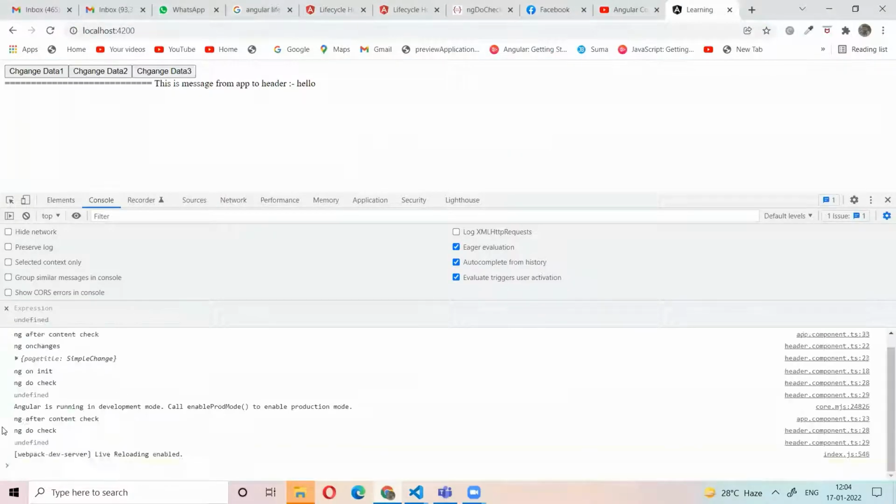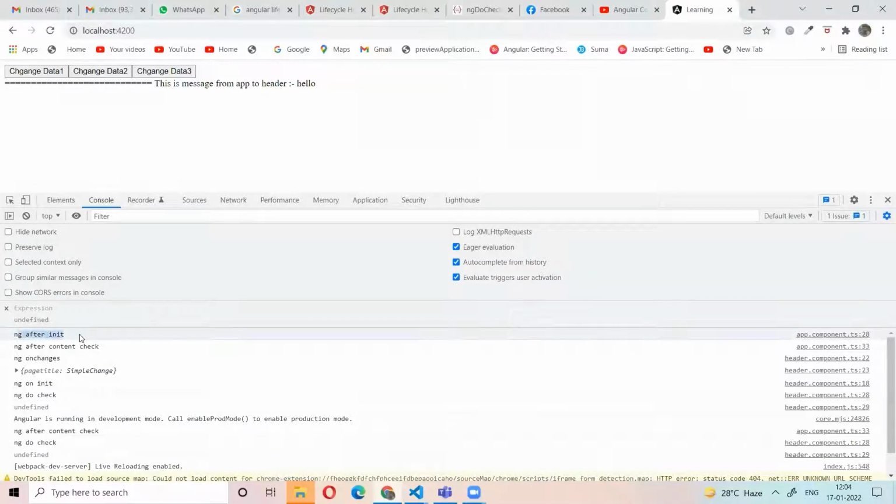When we run the application, first ngAfterContentInit is loaded. Again after that, when the child component is getting the data, then ngAfterContentChecked is loaded. So before the child component is loading, before the data and view and the child component are loaded, ngAfterContentInit is loaded. When the data is getting to the child component, then ngAfterContentChecked. That means the view, the HTML and the children's HTML are loaded, and before loading the data, ngAfterContentChecked will load.